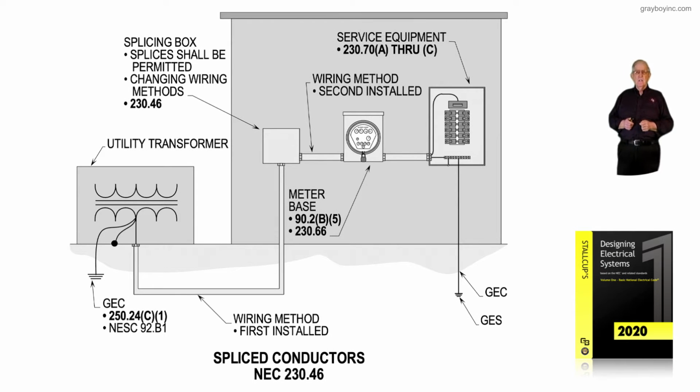Okay, we're still dealing with spliced conductors in accordance with 230.46. Now, this is a little bit different arrangement for spliced conductors. We are bringing our wiring method that was first installed from the transformer, and